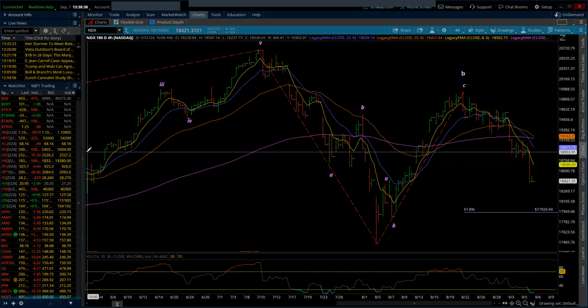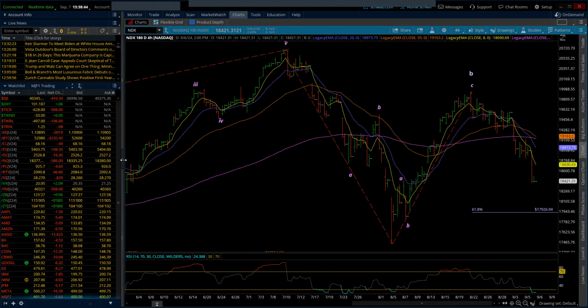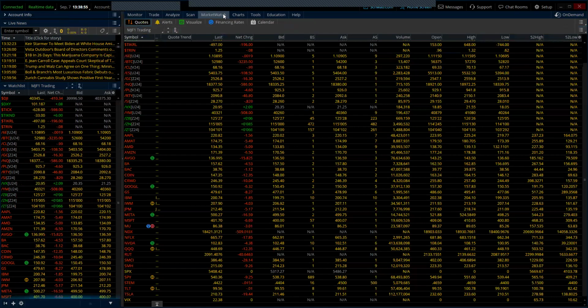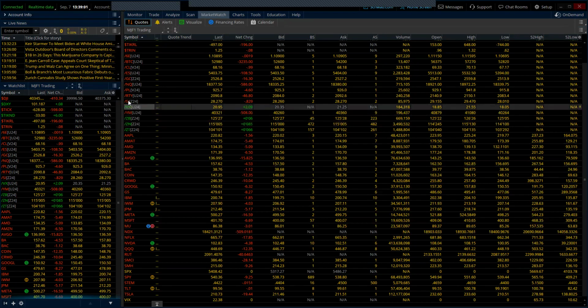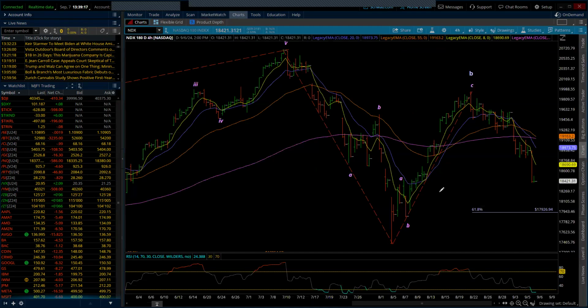Let me just kind of open this up just slightly so I can get that whole number. 18,377 and some change. But it had a low of, I believe it was 18,000. Let me see if they still have it up there. NDX. The low for the NQ was 18,339, or let's just call it 18,340. Now, it is still a little bit hard to see, but there is still premium